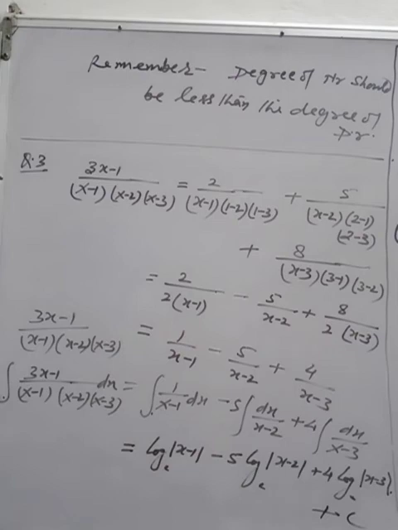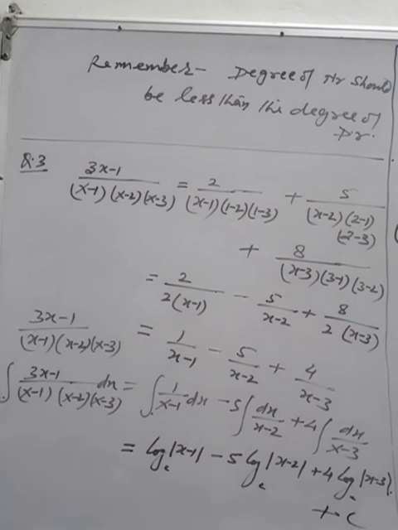Plus, then you will write the second factor of the denominator, that is x minus 2. From this determine the value of x, that is x is equal to 2, and put it in the numerator and the remaining factors of the denominator. Then plus the third part. Write the third factor of the denominator, x minus 3. From this determine the value of x: x minus 3 is 0, so x is equal to 3. Put this value in the numerator and the remaining factors of the denominator. So this is the procedure to resolve the linear factors directly.